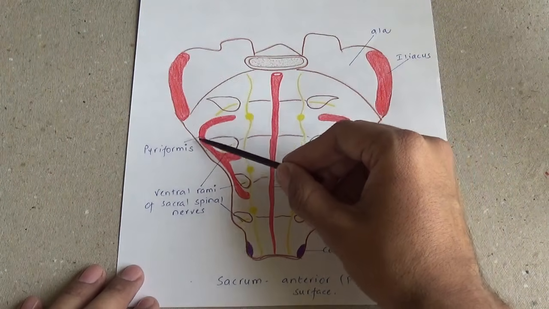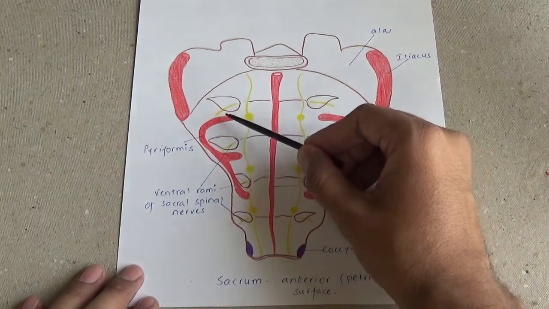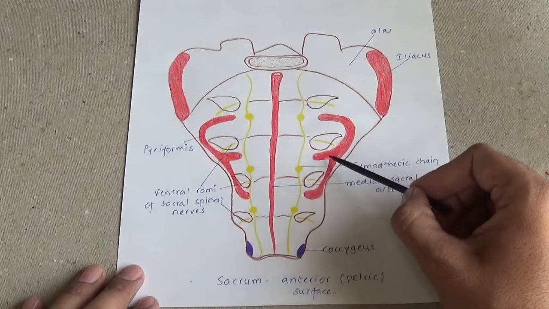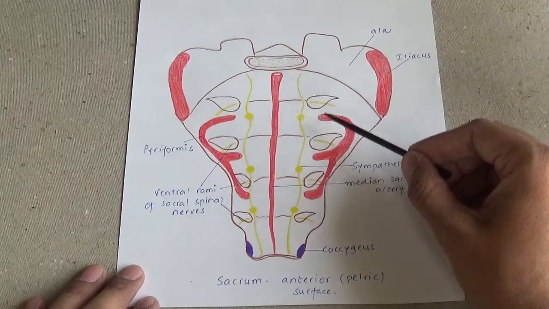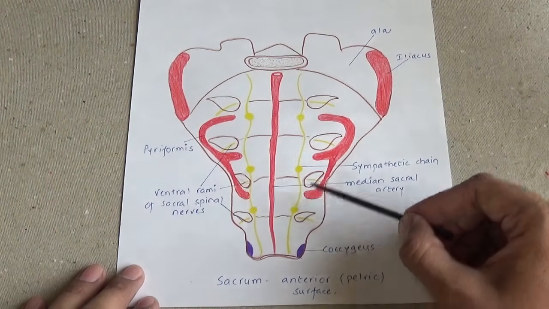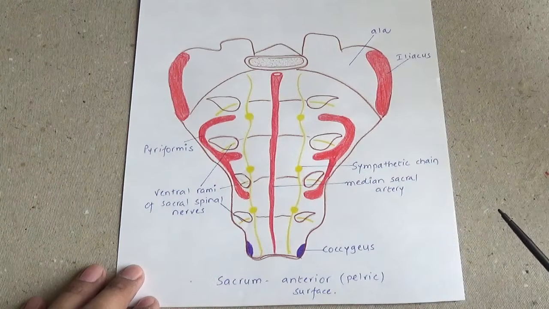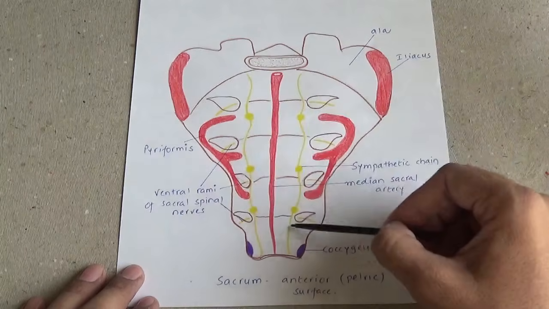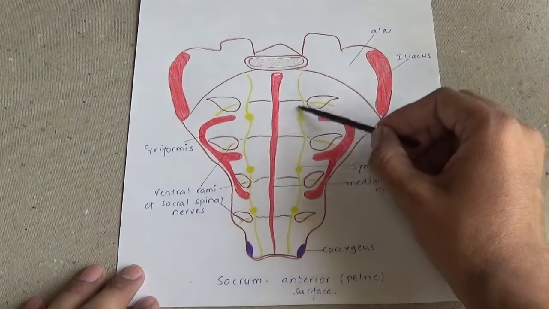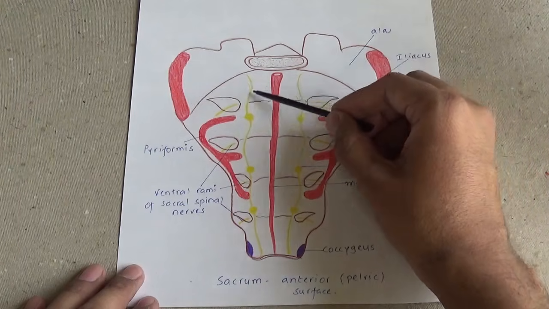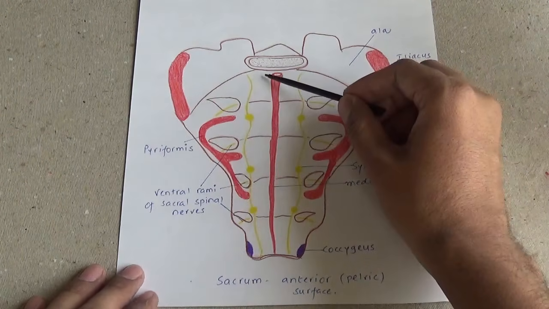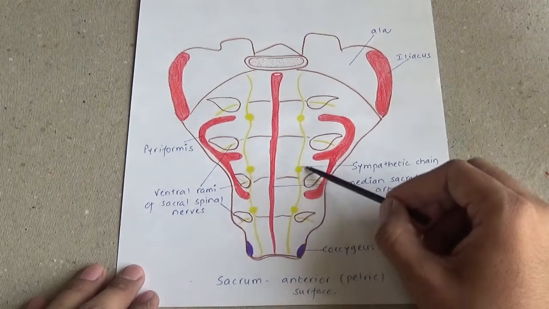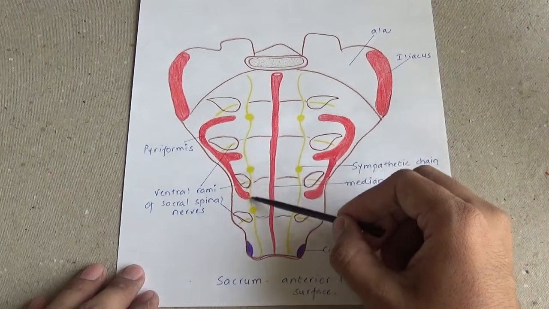The piriformis muscle takes origin from lateral sacral masses from its middle three pieces in the shape of alphabet E or inverted alphabet E. The pelvic sacral foramina will allow passage of ventral rami of S1 to S4 spinal nerves respectively, along with lateral sacral arteries. Now in the midline, the median portion, which is represented by fusion of body of sacral vertebrae, the upper half is related to peritoneum, whereas lower half or 2.5 bodies will be related to rectum.